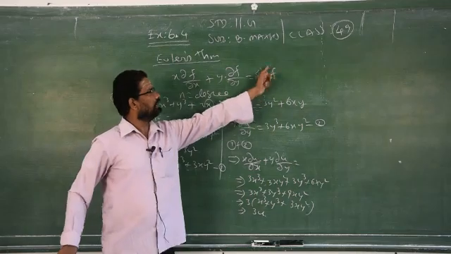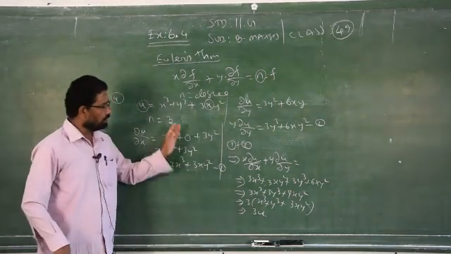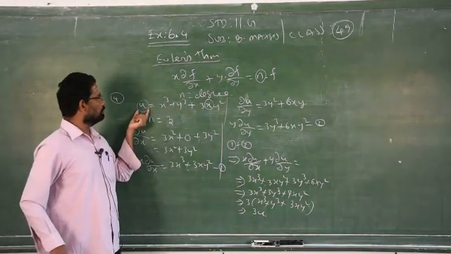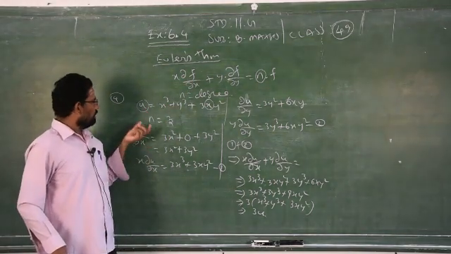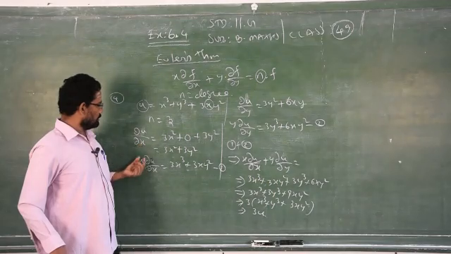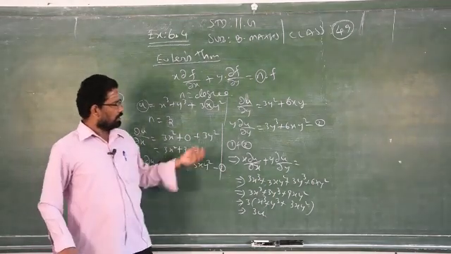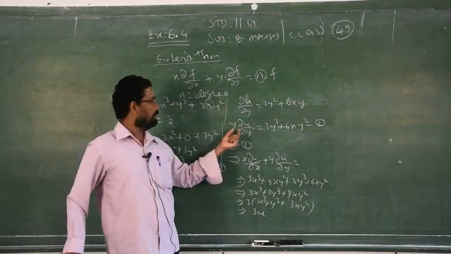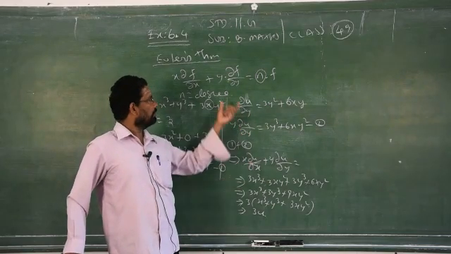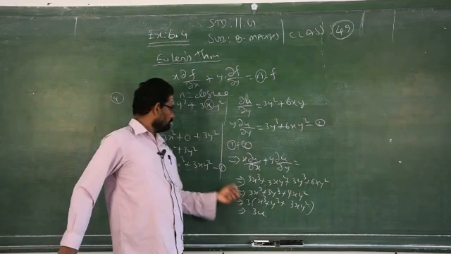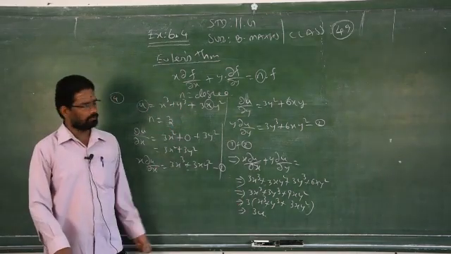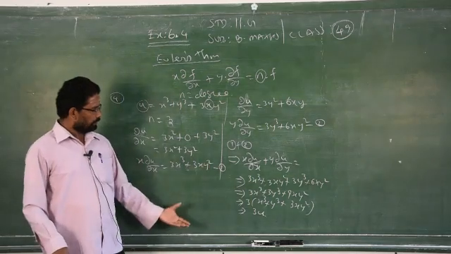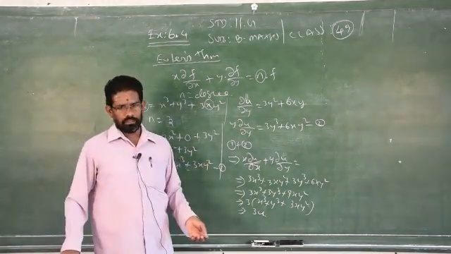See, n into f, the same function is coming here. So hence it is verified. First you find ∂u or ∂z, whatever it is given. Find the partial derivative with respect to x. Then you multiply this answer by x. Then you differentiate the same function partially with respect to y. Multiply with y, then add both according to the conditions. I got 3u. So what is that n? n is 3, times the function given in the question. So if you proved, it is verified.